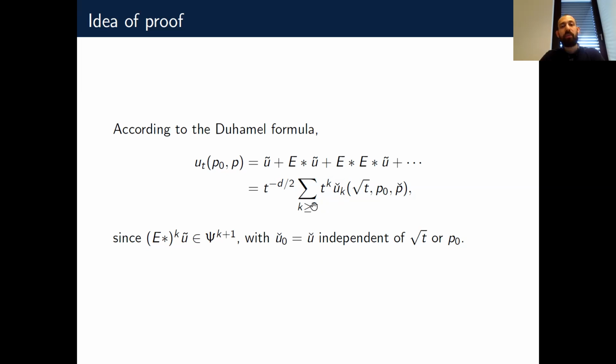And so I know that everything that contributes at the scale T, not T squared, is going to come only from the term U check 0. And my U check 0 is just my U tilde. So if I know my U tilde well, if I have a good approximation that I know, and for instance, if I